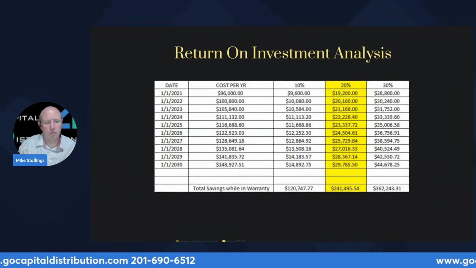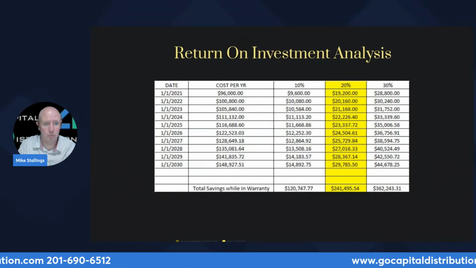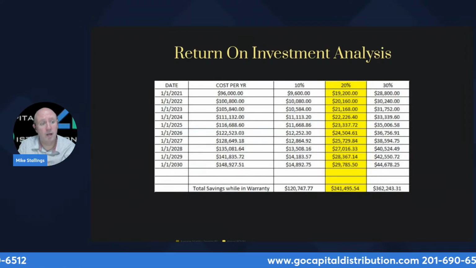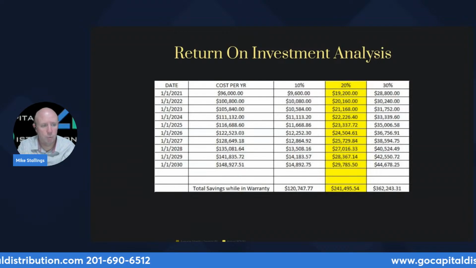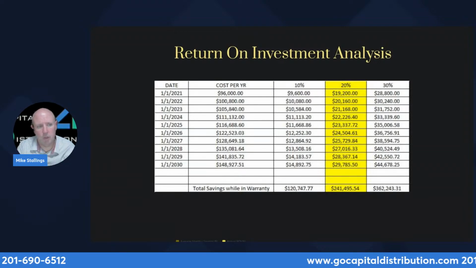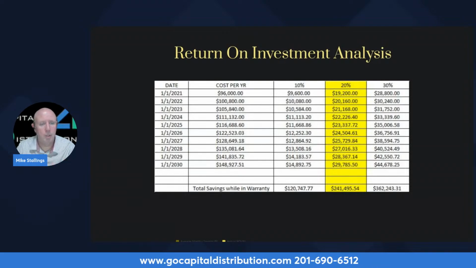So how do we do this to make sure this is the solution for you? First thing we're going to do is evaluate your property. We're going to walk through everything. We're going to talk to you on the phone. We're going to do video calls. We're going to look at pictures. But most importantly, we're going to take your water sewer bill and evaluate what your potential savings is going to be, because we want you to know ahead of time what it is.